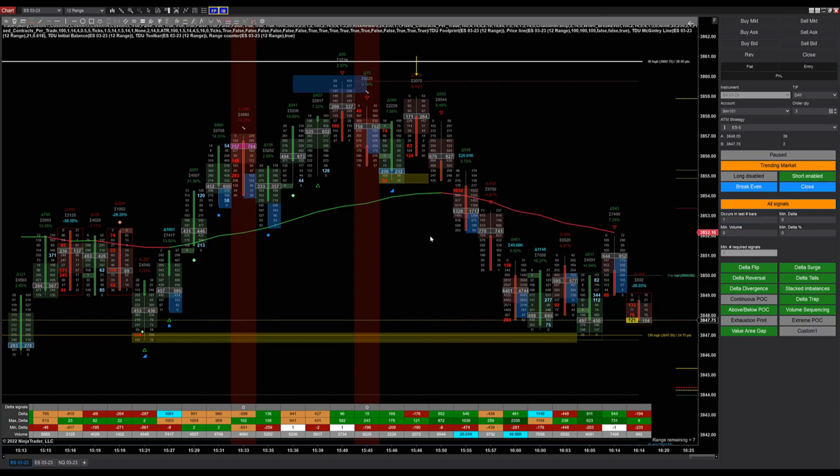Or do I want all of them? Now think about it, you're not going to have a whole lot of trades, because you're saying I want a flip or reversal, divergence. I want it to be above or below the POC. Value area gap probably wouldn't, well, you could have that intercandle. I want a surge, a tail, a stacked imbalance, a delta trap, and volume sequencing. Right? So you're not going to have a lot of trades there. But for example, you might